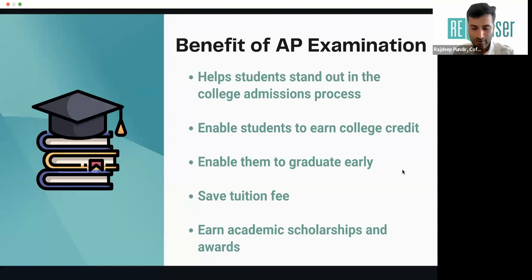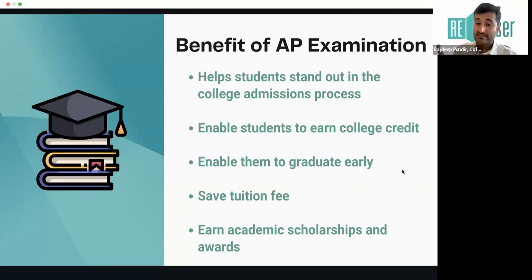Now, how does that happen? So as I said, if you've done certain AP courses, in that particular case, you are not supposed to repeat those courses in college, and hence you can take the courses that you would have taken in second year, which helps you to graduate much faster. So you actually save the living cost. I mean, your college cost will still remain the same because you are still paying for the college credit, but because you're graduating early, your cost of living will go down, right?